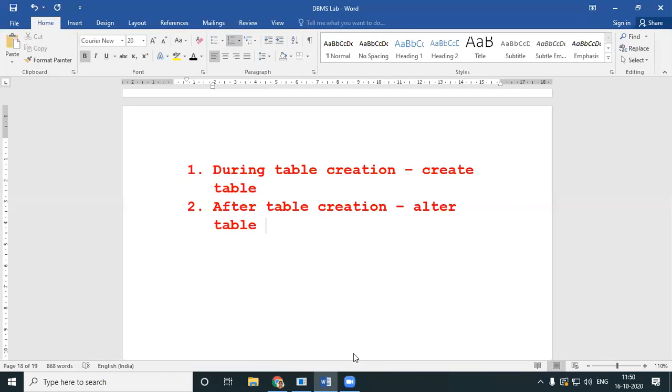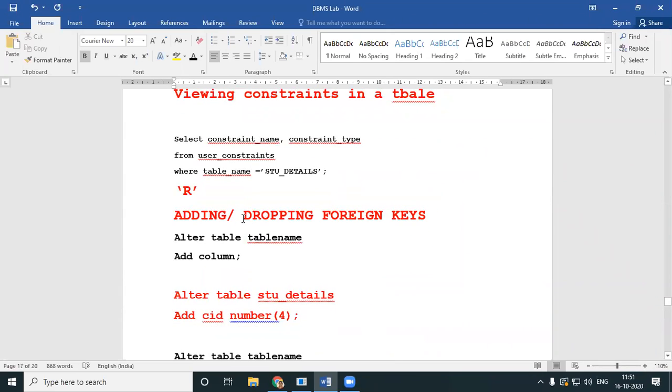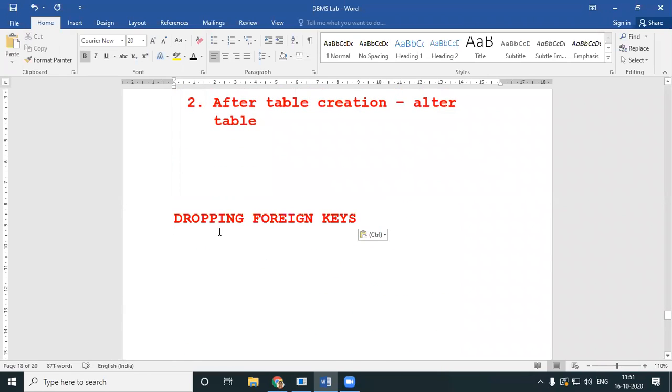So these are the two ways in which you can have foreign keys. One is during table creation using create table, and next is after the table creation using alter table. Now, once you have added it, you will always be interested in deleting it. If you have a foreign key, how can you delete a foreign key?